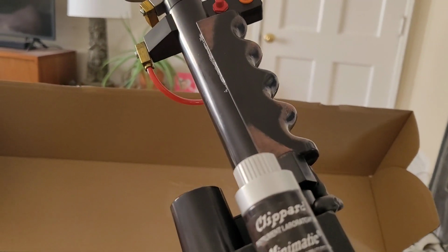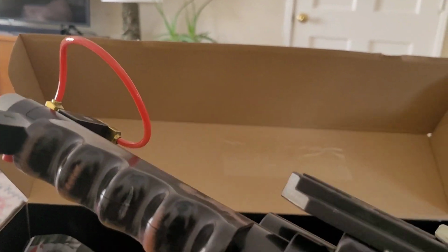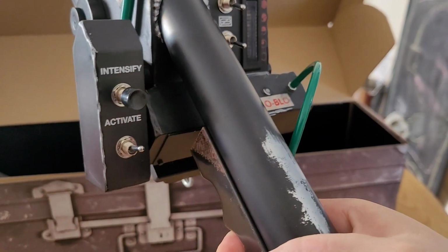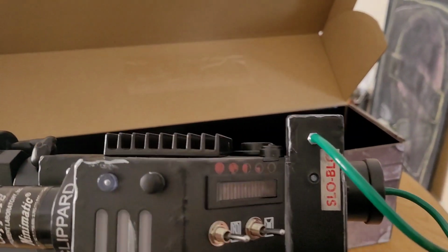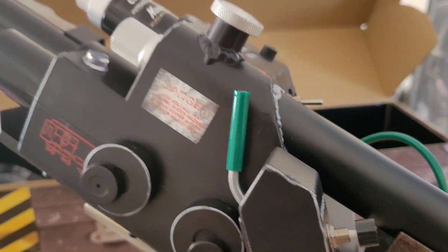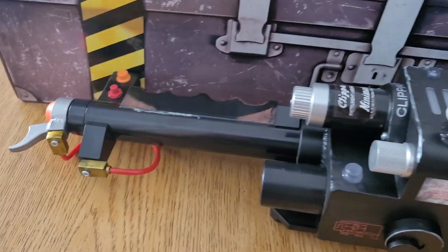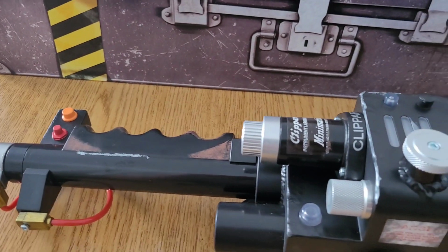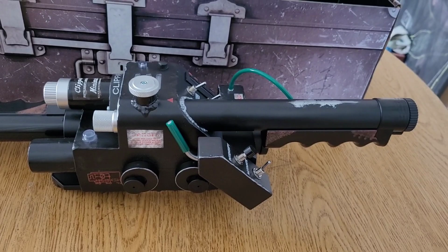Very cool, simple design, exactly as you would expect it, with the black, a little bit of wear on it, which by the end of the original movie, and I feel like even the beginning of the original movie, the parts already had some sort of wear on them. It was pointed out that some of the details are not 100% screen accurate, which I understand, because this is a reuse of a mold and the reuse of parts from the previous release, so that's understandable that it wouldn't be